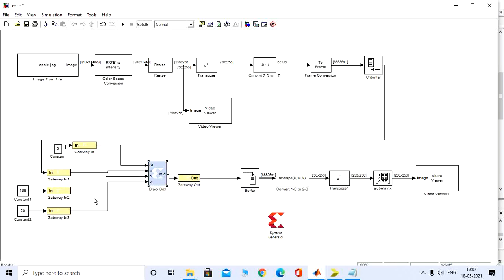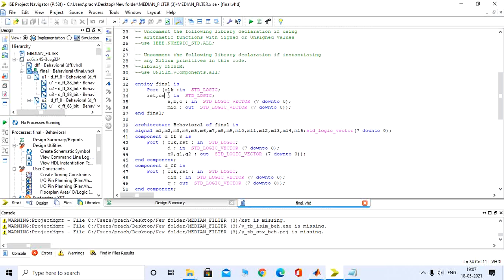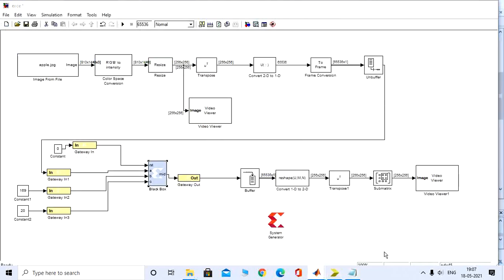So the clock enable pin helps to generate the clock automatically. Now whatever we have written as inputs and outputs has appeared on the black box. We said A, B, C, but the clock has not appeared because we have given the clock enable pin, so it is generated automatically. Okay, so you need to save this.